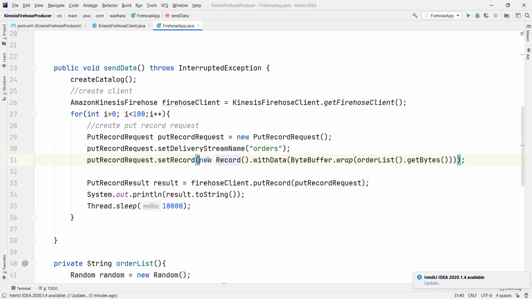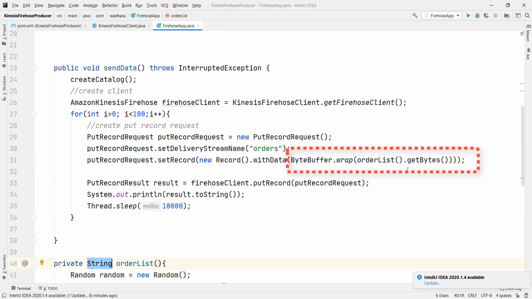In record, you have to set the data, and data it accepts in the form of byte buffer. So there's inbuilt method ByteBuffer.wrap which you can call on order list. So order list is returning us a string value, and I'm calling getBytes on that. So this data will be converted to byte buffer.